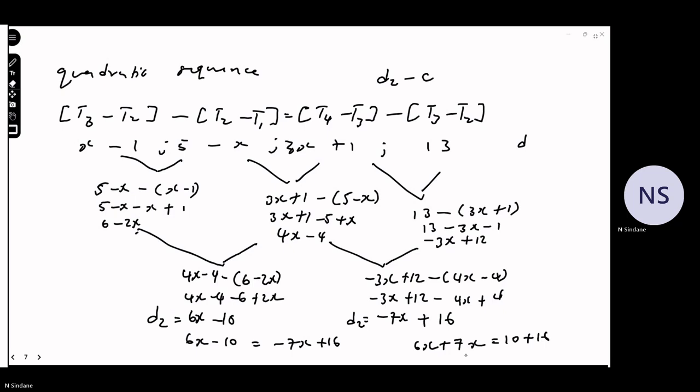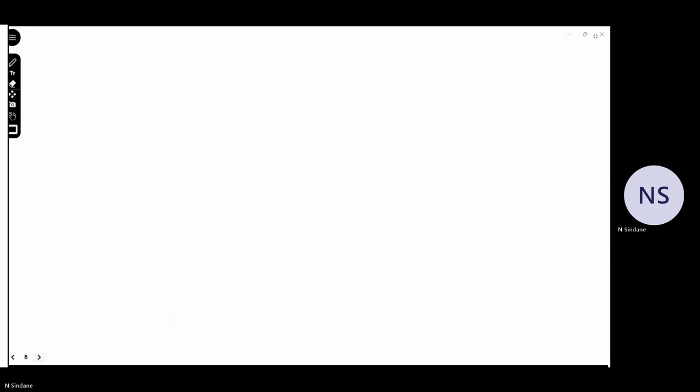This is equal to 10 plus 16. Then 13x is equal to 26. Dividing both sides by 13, x is equal to 2. I can substitute back into my sequence to see if this is really a quadratic sequence. 2 minus 1, 5 minus 2,